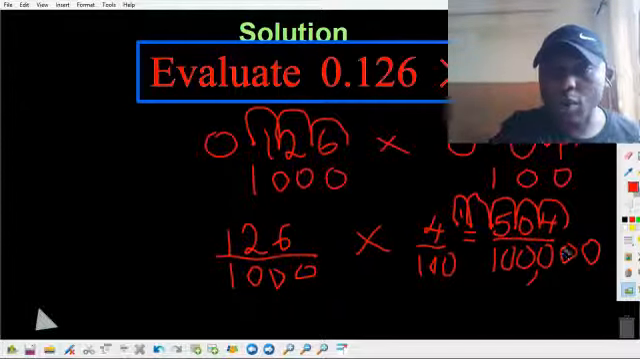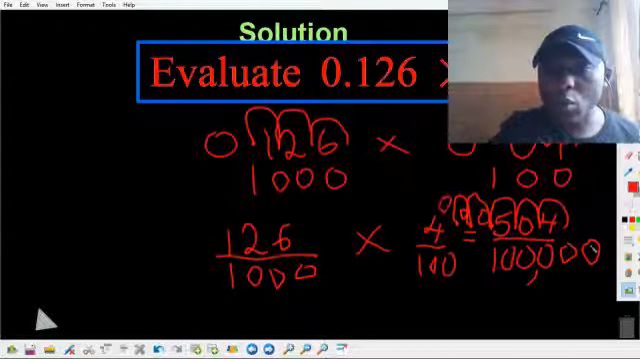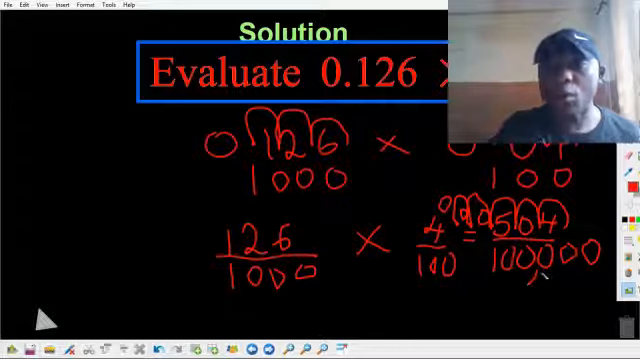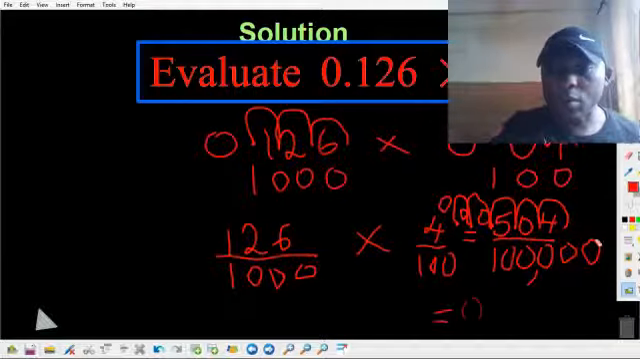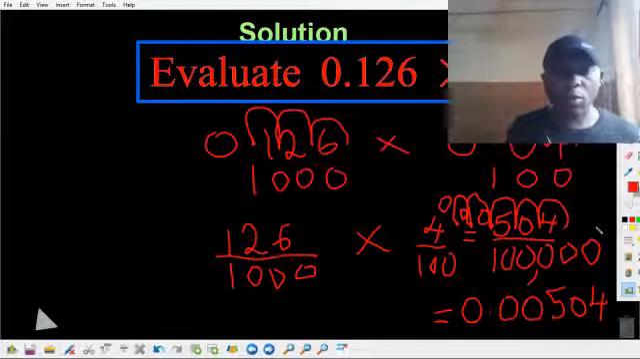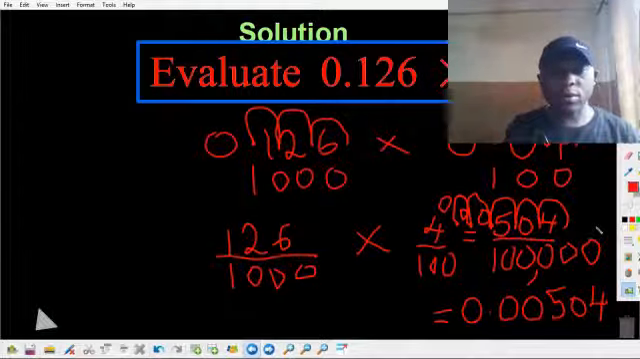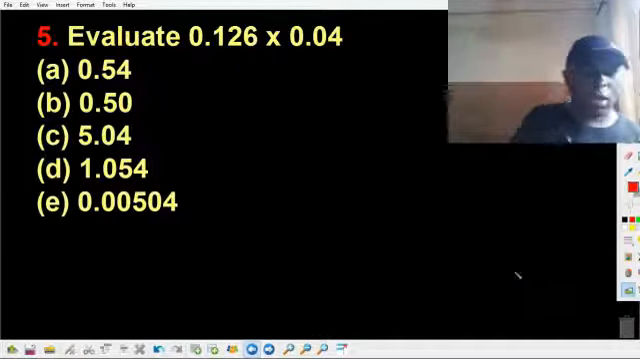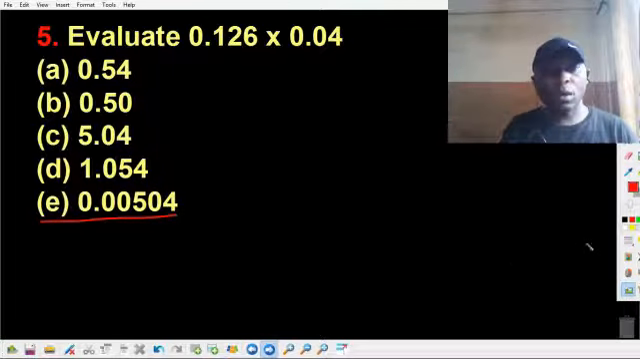So we have our answer as 0.00504. Our answer is 0.00504. Now, what option do we have here? Let's go back and check. We have option E as our answer. Now, let's proceed to